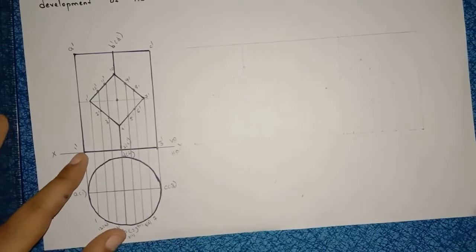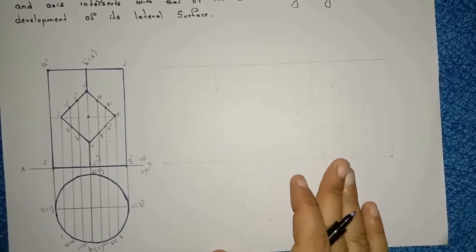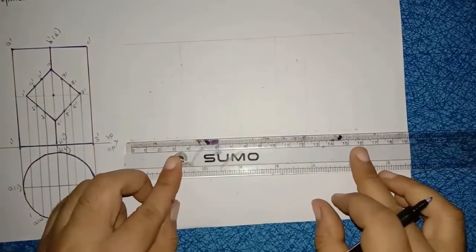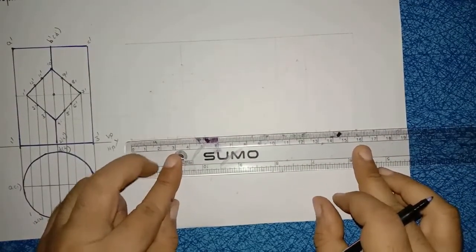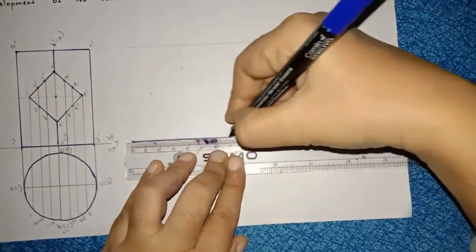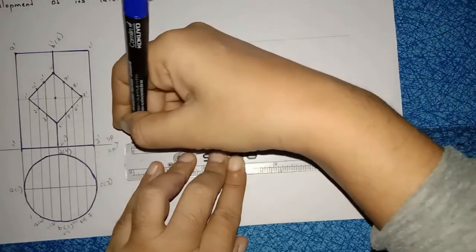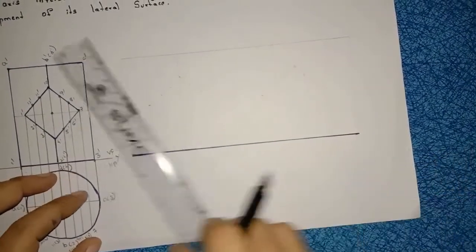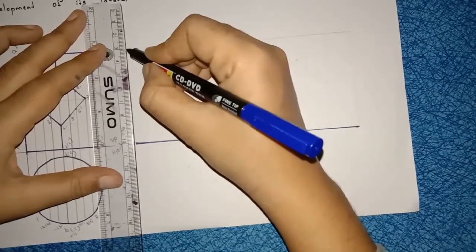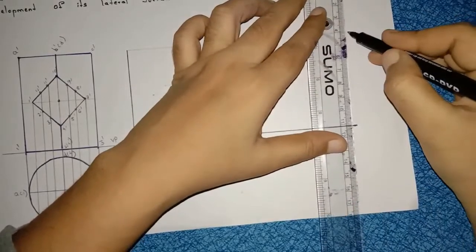Right? So this is a circle. Whenever you are going to draw a straight line for this circle, how much length we have to construct here? It should be equal to the circumference of the circle, 2 pi r. So calculate the circumference: 2 into 22 by 7 into the radius of the circle, 25 mm. You will get 157.1 mm. After that, here axis height is 70 mm and here also axis height is 70 mm.